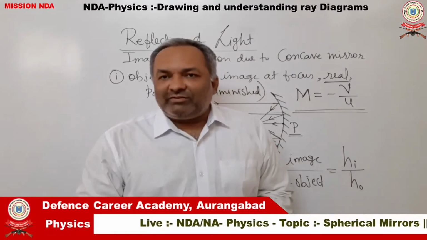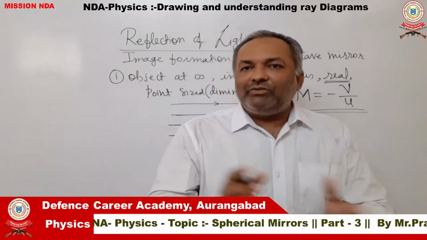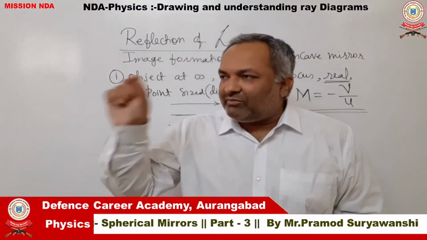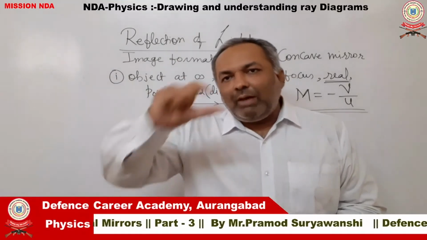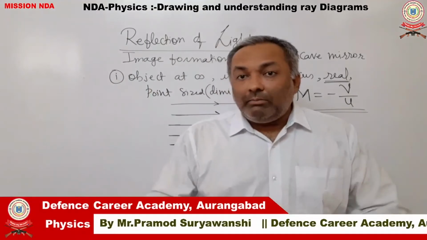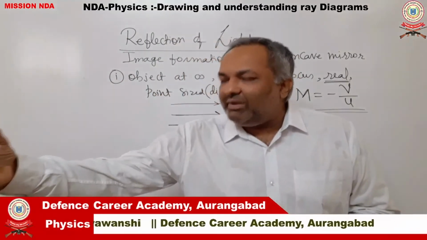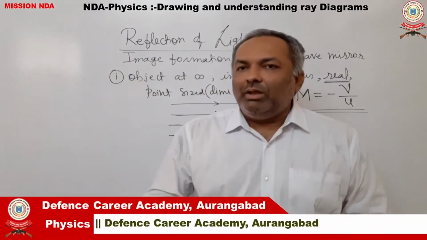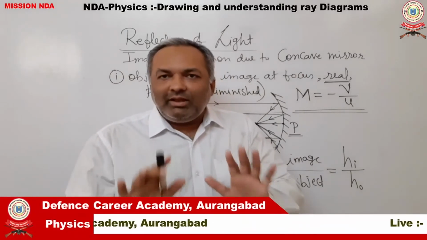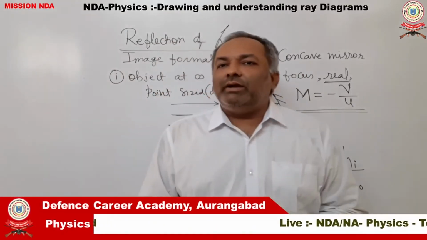So imagine a virtual image is formed. That means after reflection, rays of light are diverging. Now I receive those diverging rays from a particular direction. When I produce those rays backwards, they intersect at a point, and my brain tells me that because I am receiving these rays coming from this direction, the object must be in that direction, when in reality there is nothing kept over there. It all happened because the rays were diverging.